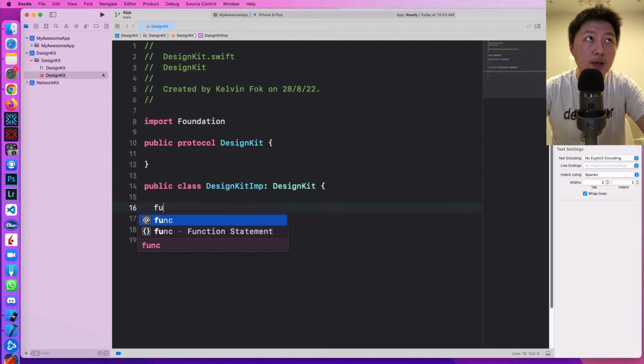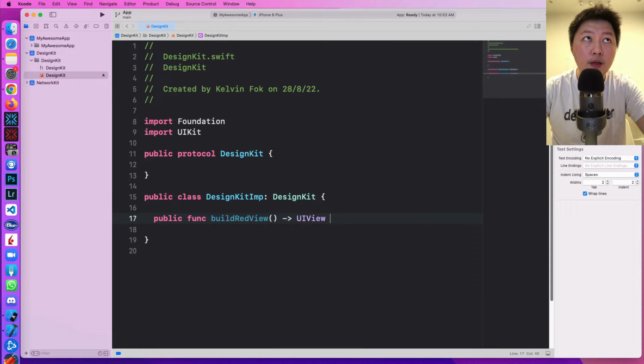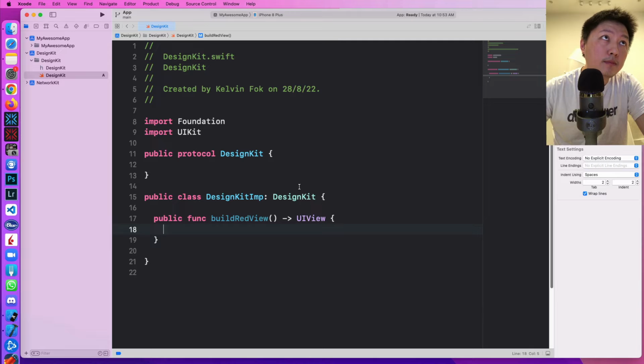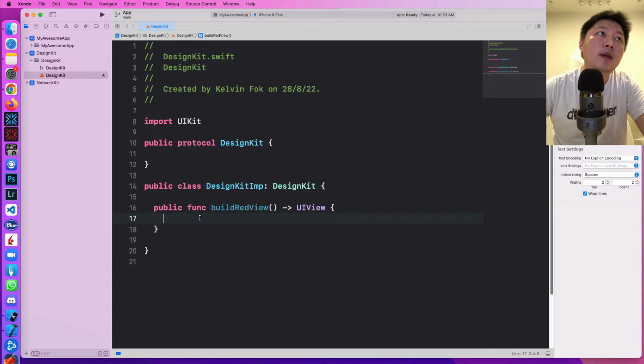And then let's create a public function, public func. Let's call this buildRedView. This will return a UIView, and then I don't think we need Foundation here because UIKit naturally contains Foundation. And then I'm going to do let view equals UIView,